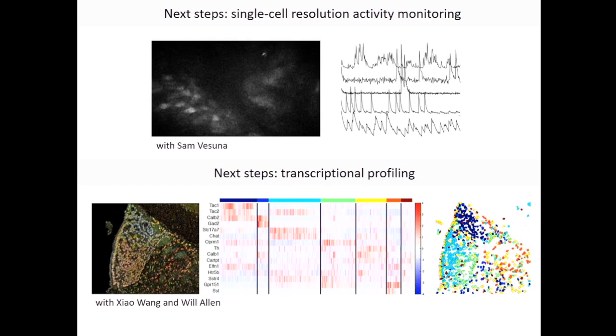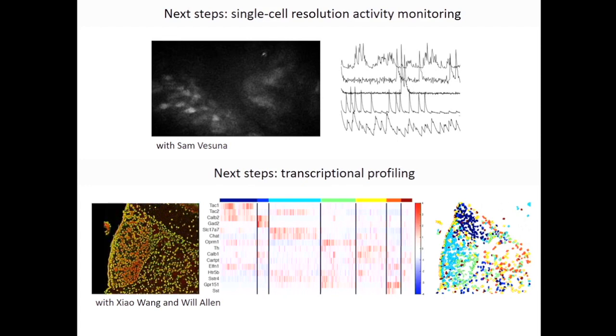I'm also looking at getting a better transcriptional resolution in the Habenula. And so I've been applying some of the recently developed in situ sequencing methods in the lab by Zhao Wang and Will Allen. And here's just an example of a small set of in situ sequencing for 16 genes in the Habenula. You can see we do that over 3 different rounds of sequencing, and then can spatially map that, cluster the cells, and then map that back to the position.